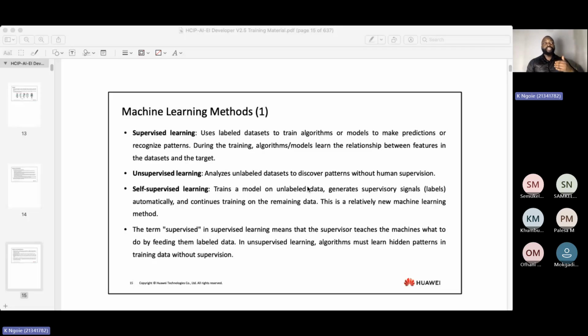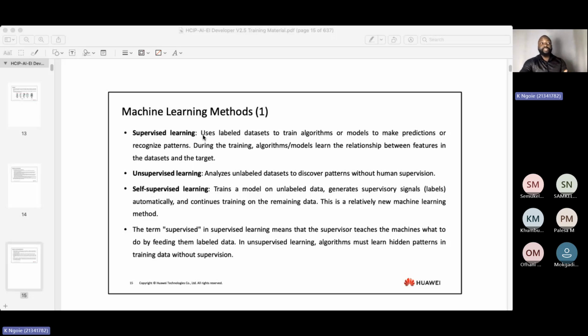And to teach the machine, there are different methods that are used. You have the first one, which is supervised learning. The second one is unsupervised, and then you have self-supervised learning, which is basically kind of unsupervised, but it's closer to certain features of the supervised. And then we have reinforcement learning. Reinforcement learning can actually be used as one of the methods that can be self-supervised, but we've already created that penalty there.